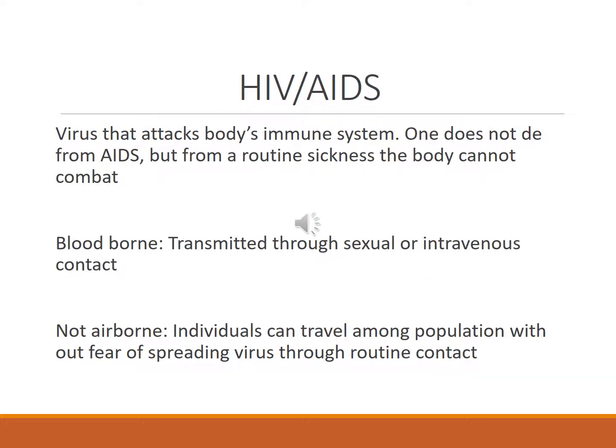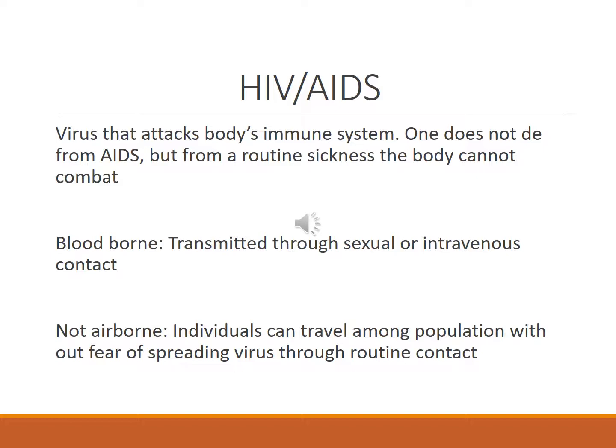Another infectious disease that people are fairly familiar with is HIV/AIDS. This is a disease that is the result of a virus attacking the body's immune system. Now, the virus itself won't kill you, but what happens is that the virus destroys your immune system, and then when you contract a relatively minor type of infection or bacteria, something like a routine common cold, your body doesn't have the ability to fight that infection off, and you wind up dying as a result of something rather mundane.